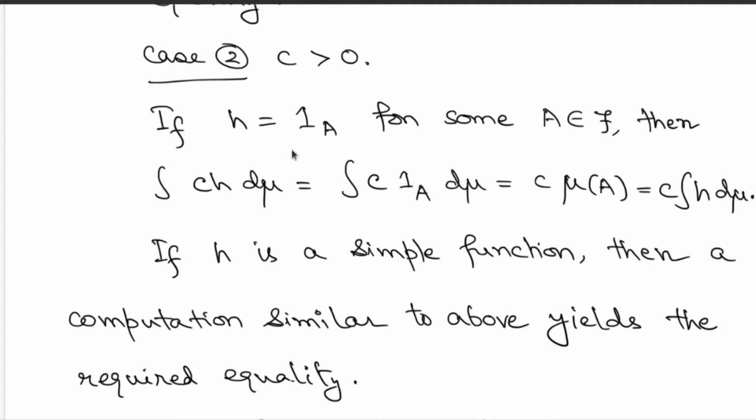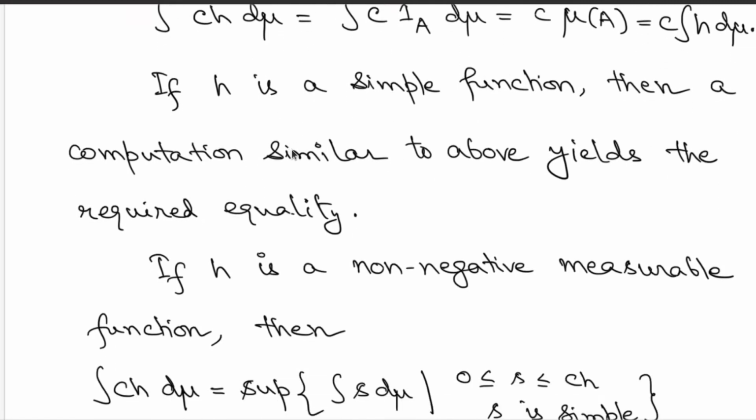But then let's consider the case for simple functions. If you do a similar computation, you will end up with a linear combination of the measures of the sets. As long as the summation you are working with makes sense, as long as infinity minus infinity does not appear together, you can immediately define the integral and verify the required equality. It just extends from the usual calculations that you have already seen for the indicators. You just have to deal with the appropriate linear combinations, and that's it. So you get the result for simple functions.